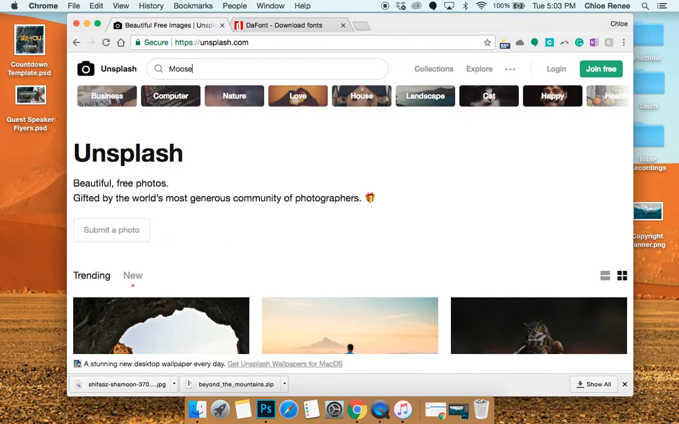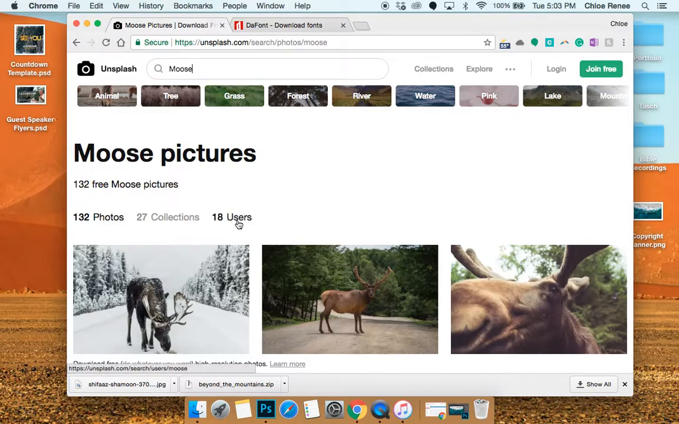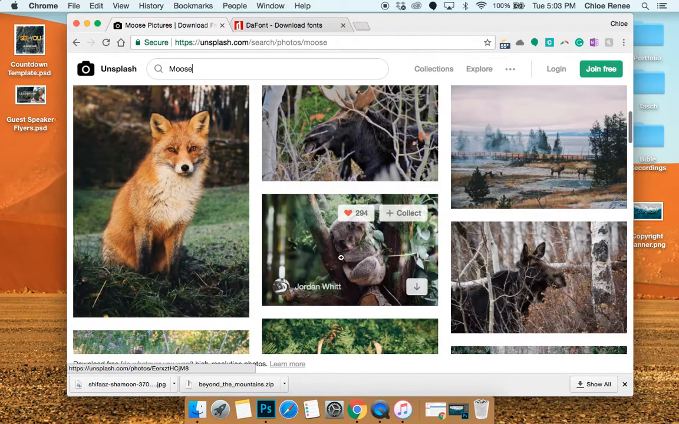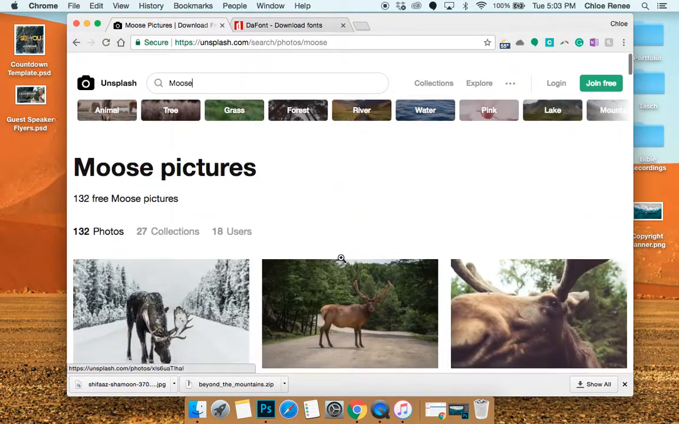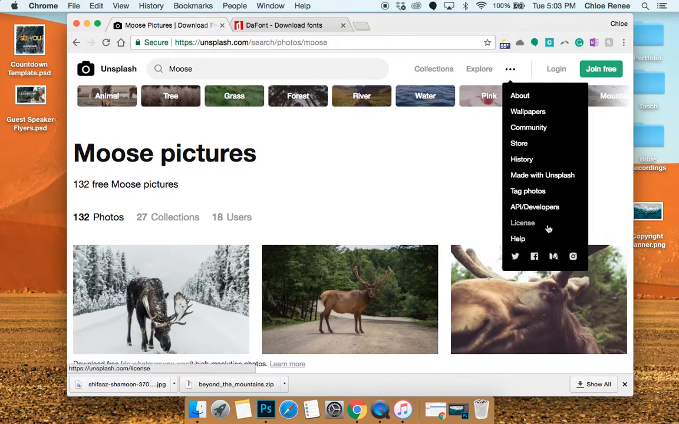Like if I want a picture of a moose, I just type in moose. I've never looked for moose pictures, but oh my goodness, there's 132 pictures of moose. So there's tons and tons of pictures. That's a fox and a koala. I don't know why they're on there. But anyways, there's lots of pictures, and we can use Unsplash because